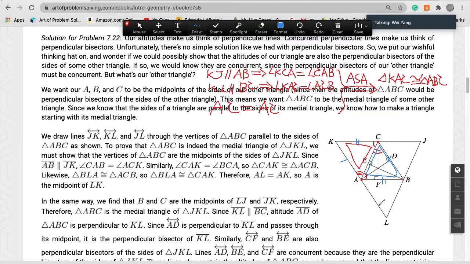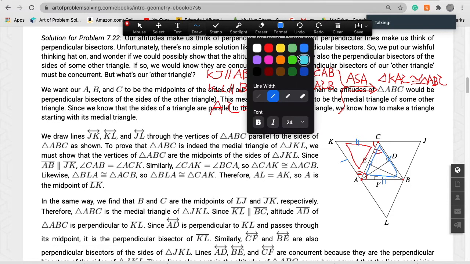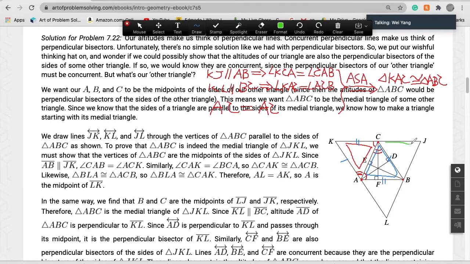To do that, you need to prove AB equals half of KL. We already proved that this triangle is congruent with this one. Now we can also prove this one is congruent with this one. You know why? Now, let's see here. How to prove ACB congruent with